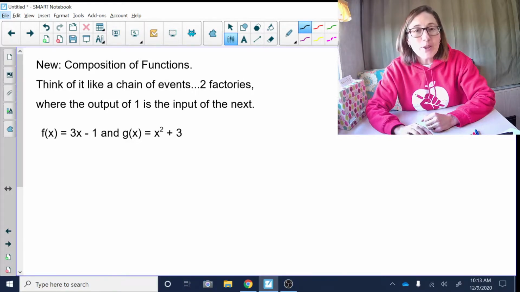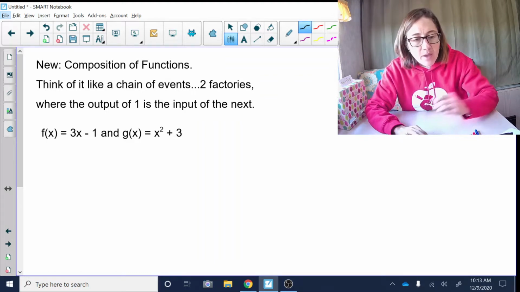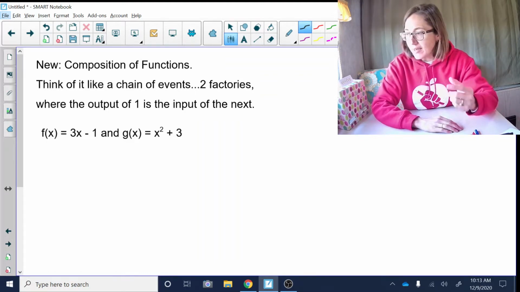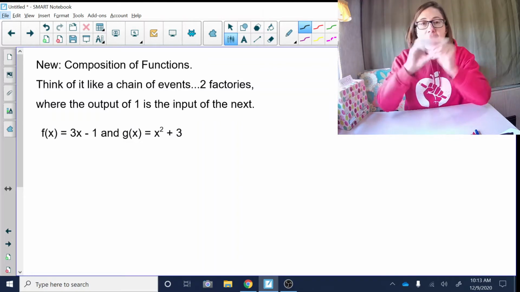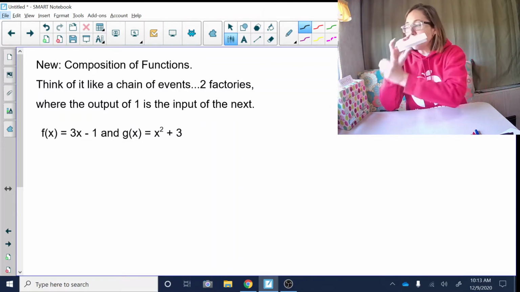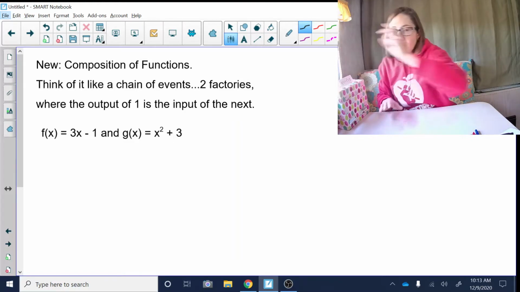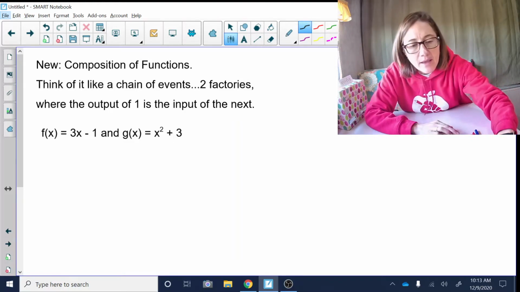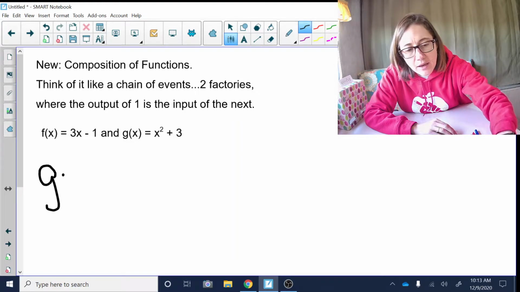Okay, let's see what this will look like in math symbolism. So what we have done is we took f of x, we put something into f of x, got that answer out, and put it into g of x. Okay, so there are two ways that you can show this. One is you can say g of,